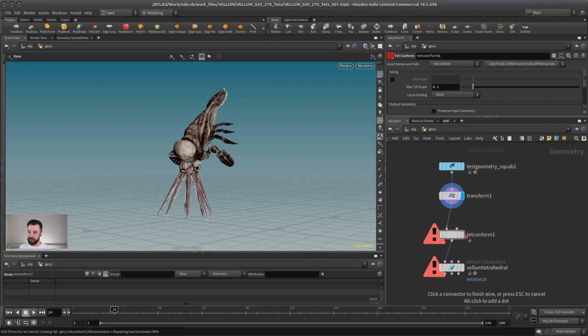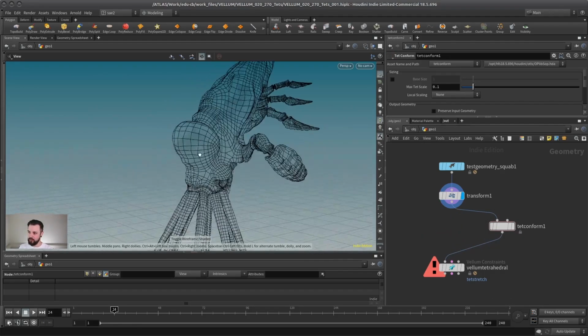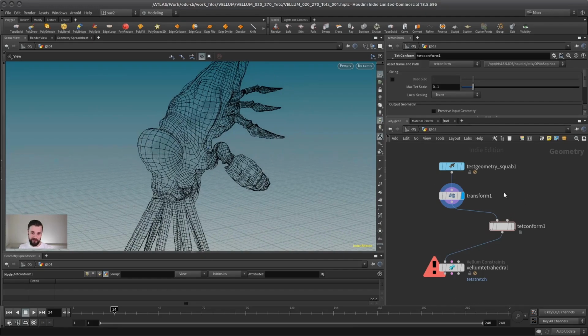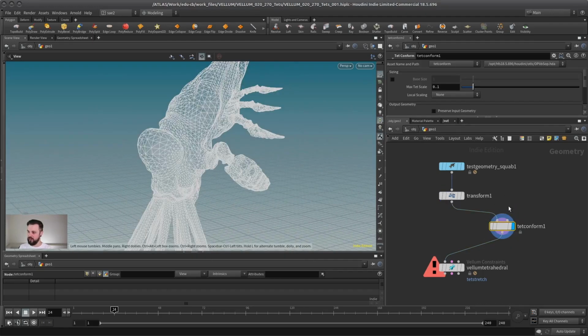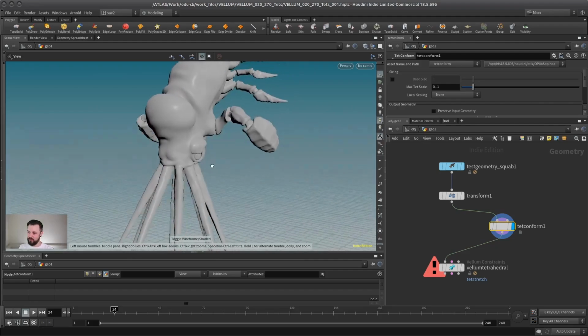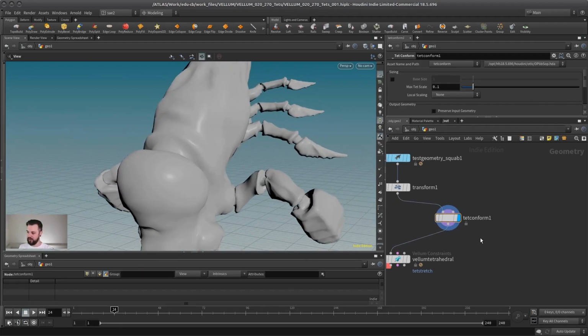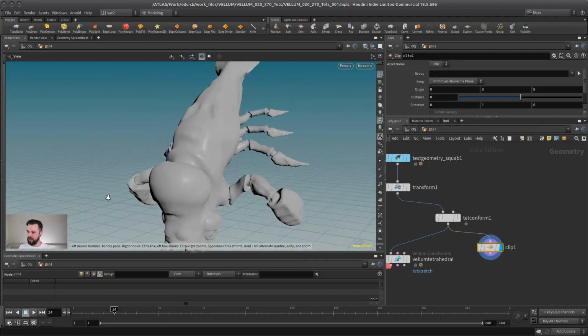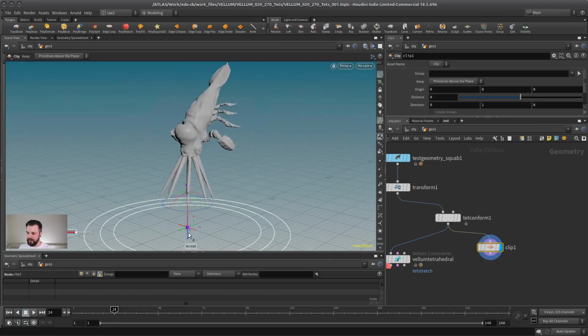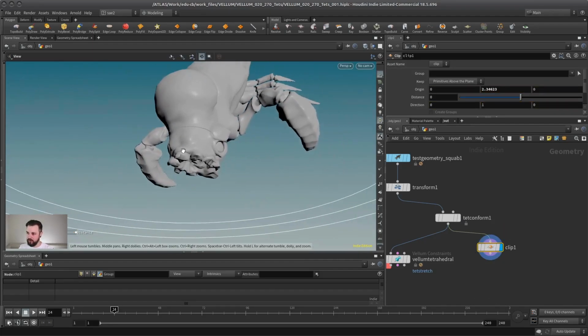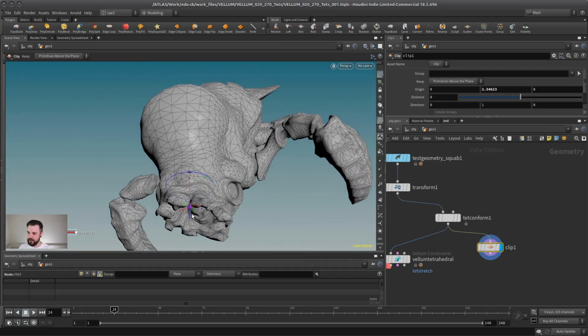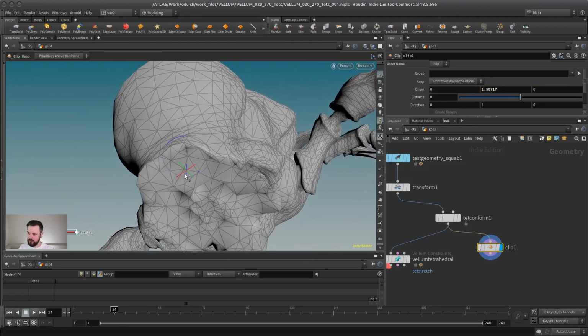If I connect them, it takes a bit of time, because the first node, the tet conform, turns my polygon geometry, which is hollow inside, into those tetrahedrals, which you can't really see when you look at the result right away. But if we use a clip, for example, to cut through the geometry, you can see what it did. Let's see from below: here you can see that it's not hollow inside, but made of all kinds of small little